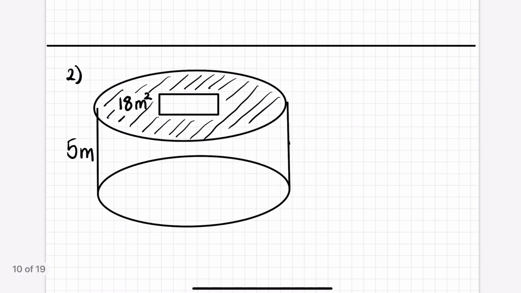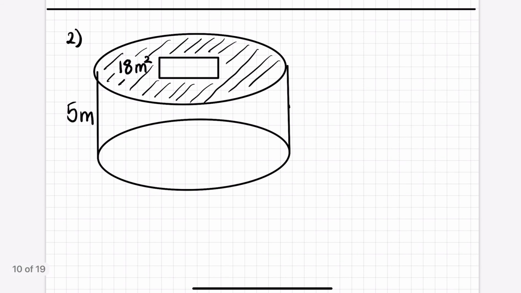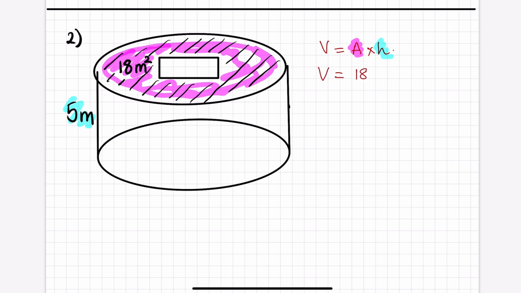Okay, let's have a look at this one. This one looks a little more complicated, but the area of the top section, this section here, all the way around, excluding that rectangle, is 18. Okay, so if I do volume equals area times height, our area is the 18 and the height is our other value, 5. Okay, let's replace those values in the formula. So it's going to be volume equals 18 times 5, and that equals